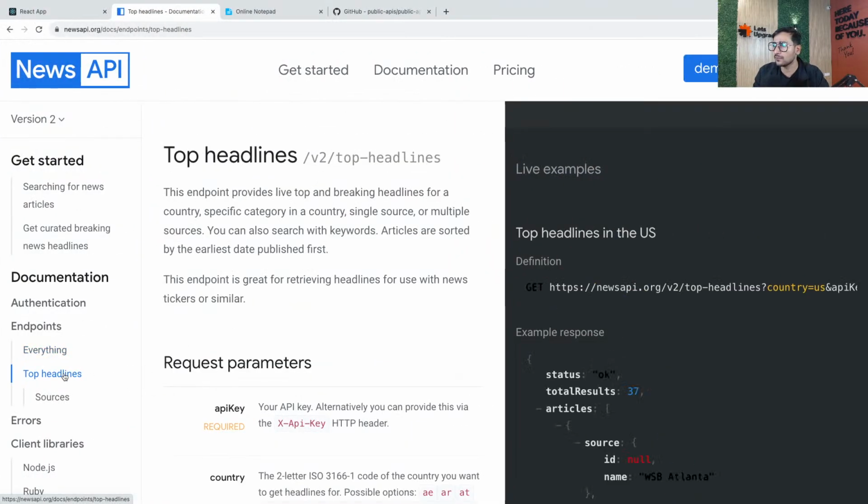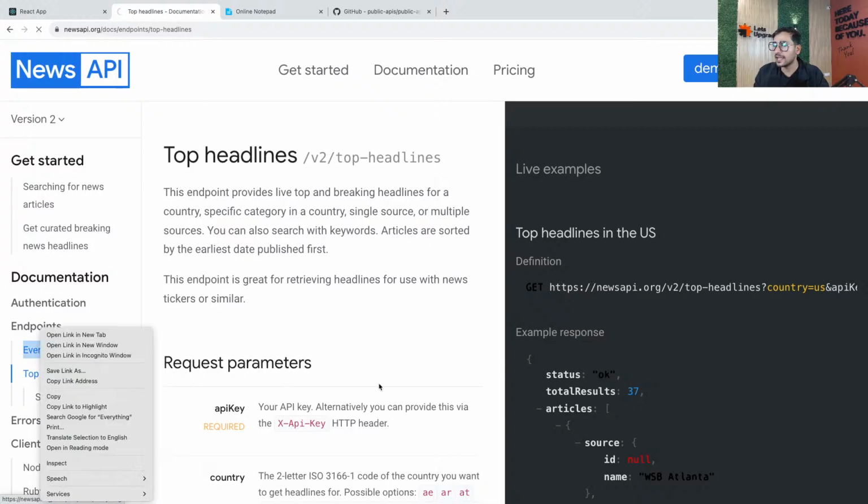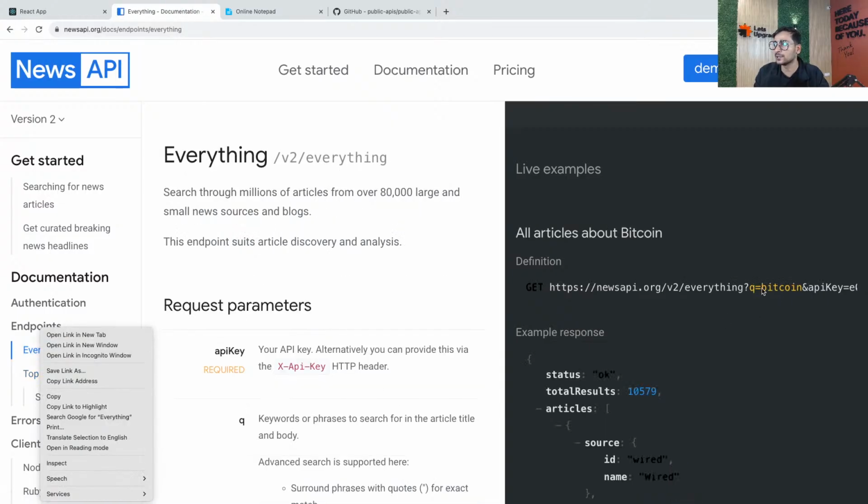Or maybe they have something for top headlines actually. But they have past country and all that stuff. I actually just want everything, but not related to Bitcoin or something like that. Or what we can do, we can fetch a particular category of news and then change it depending on the idea. But again, let's build it. Guys, let's start it and then see.